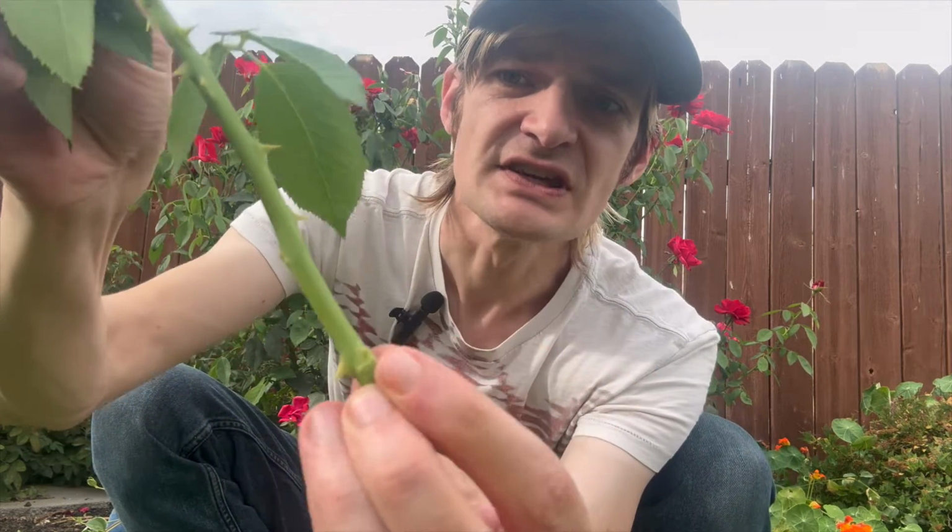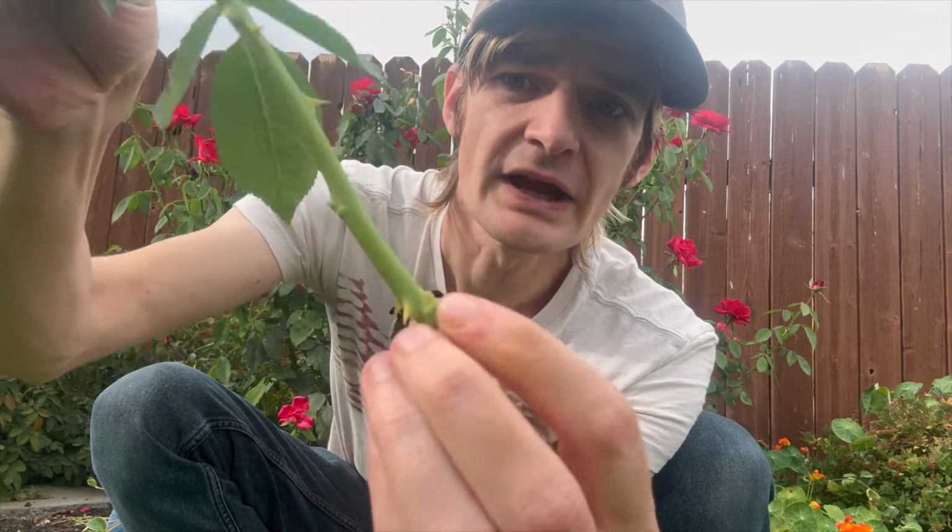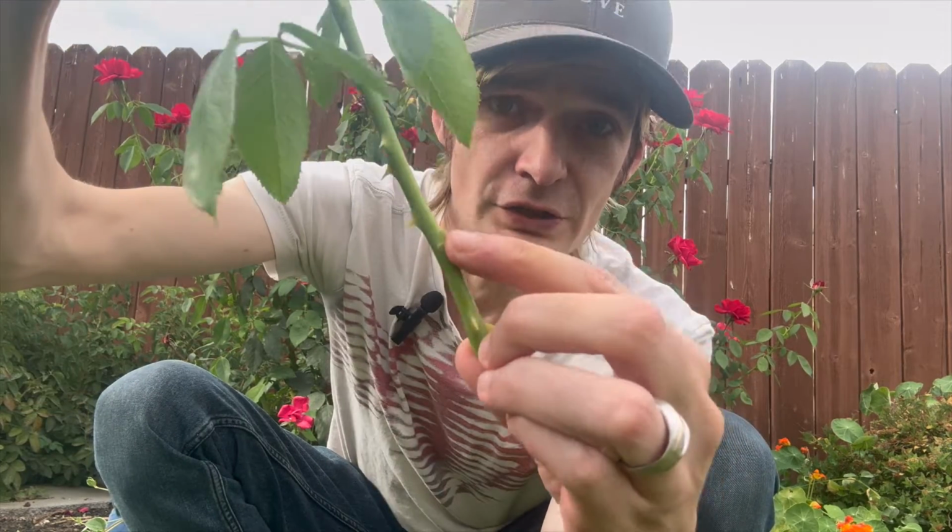And as you can see, I have one node here and I'll have another node here. So I have two places where roots can grow. And I'm also keeping the leaves on the stem. The leaves, through photosynthesis, are going to be your plant's only way to actually get food for the roots to